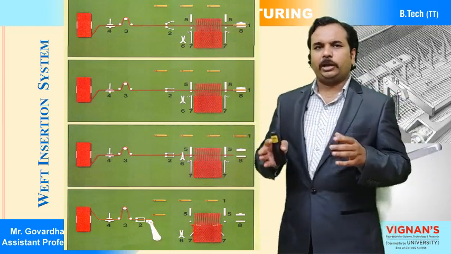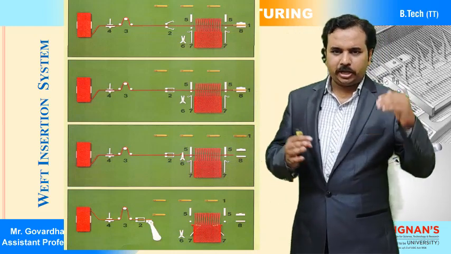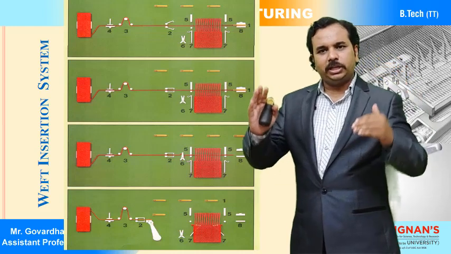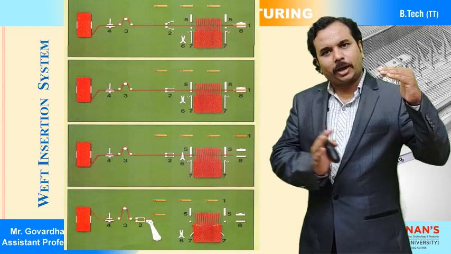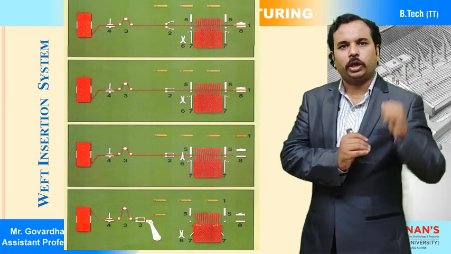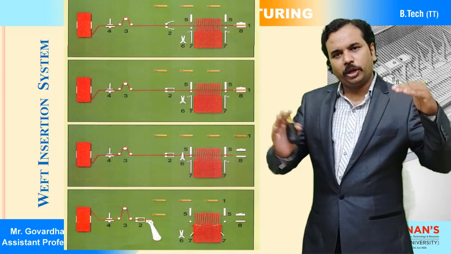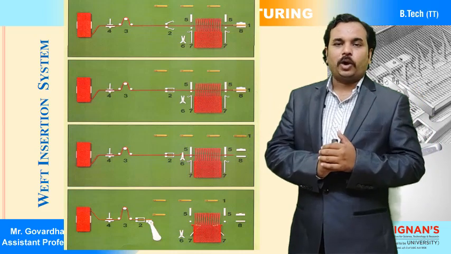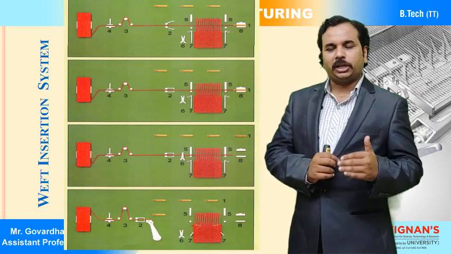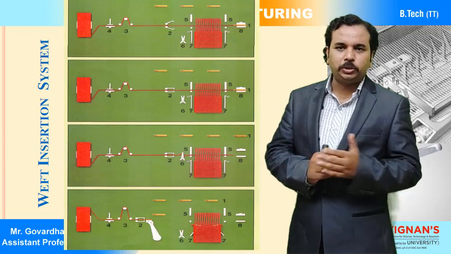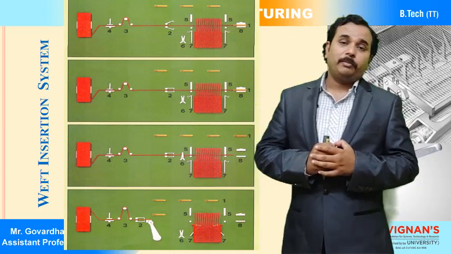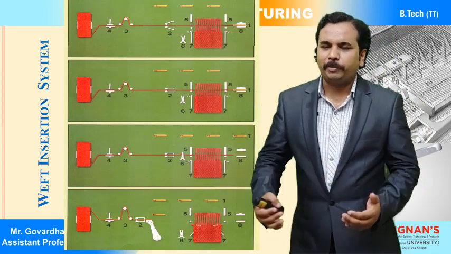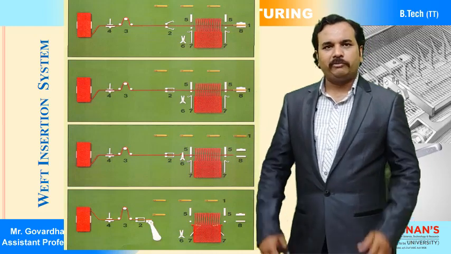Now after cutting, the tensioners are going to release and maintain the tension, and along with that the projectile feeder is going back. Okay, so in the sixth step, the projectile feeder is going back. When it is going back, one projectile from the conveyor belt is going to transfer into the picking position with the help of the projectile lifter and projectile opener. Along with that, when it is transferring, the beat up mechanism is activated and the beat up will be done.